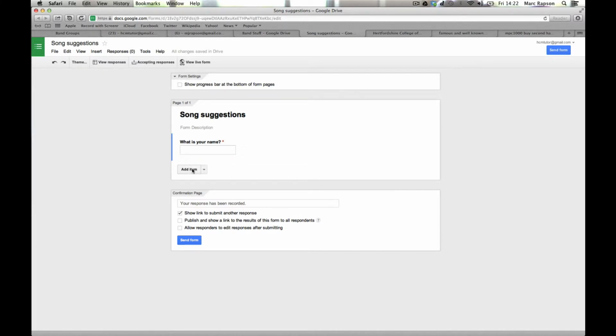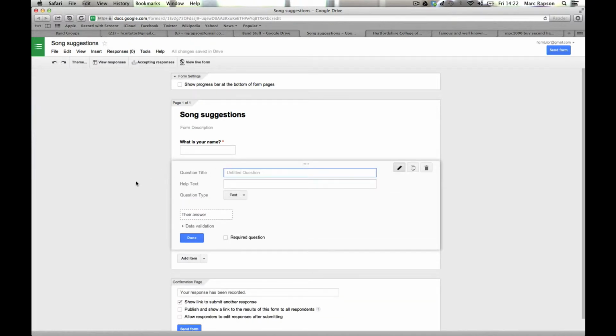And what I would suggest is, as band leader, we're giving you, over the next 2 weeks in preparation for the end of term concert, free control to a degree, but what I would like you to do is consider who is in your group and what their musical tastes might be, and then come up with a short list maybe of 10 songs that you feel gives a kind of representation of the kind of styles that you could do with the musicians that you have in your group. So what I would do is add item,